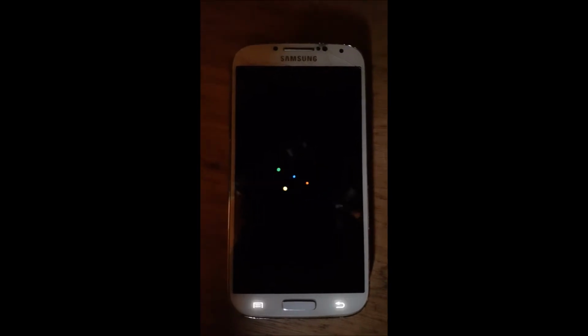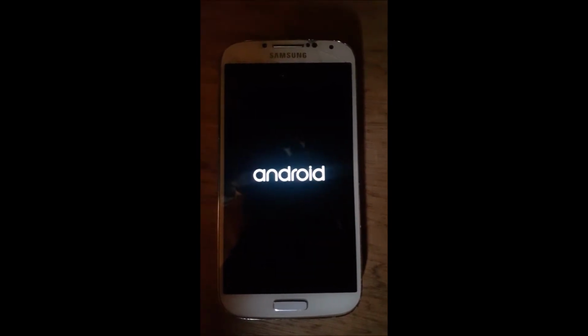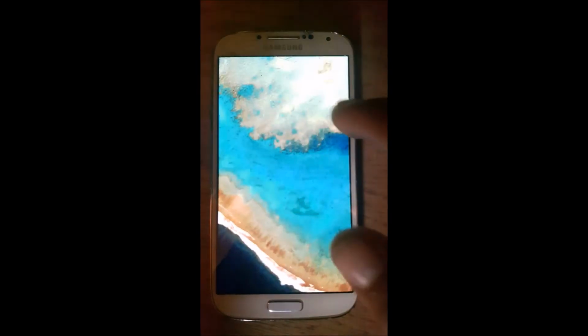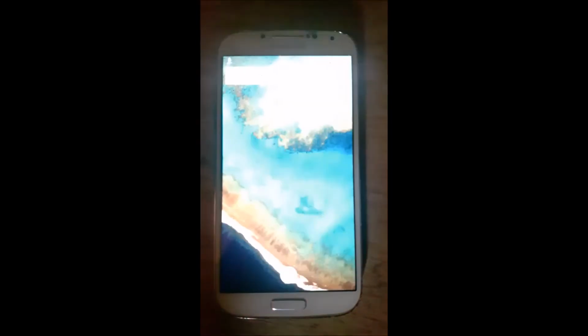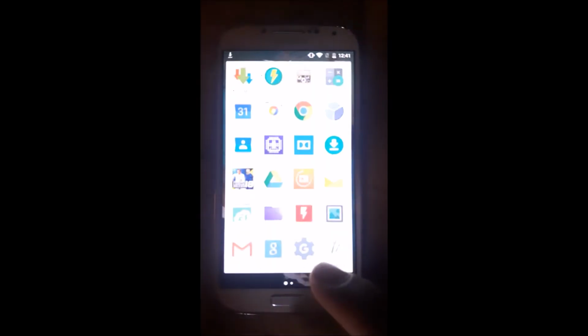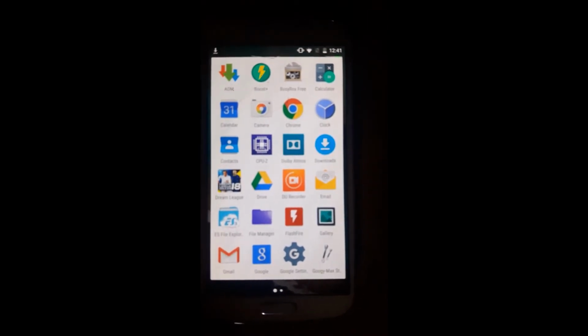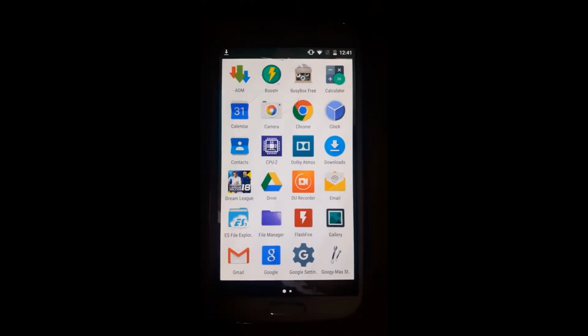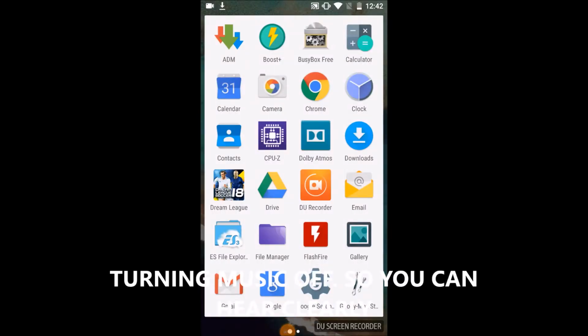So just allowing the phone to boot up here. And now it's done, and you can see Dolby Atmos. Now I'm going to switch to my screen recorder. Okay, welcome back guys. So let's go on to Dolby Atmos